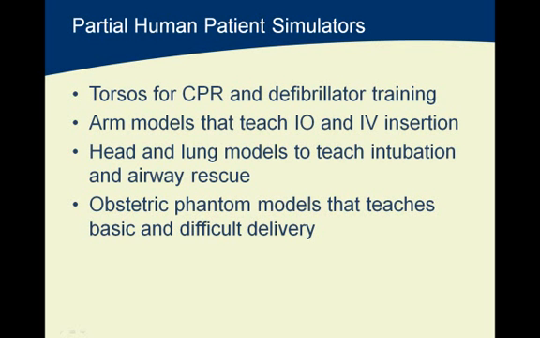So just briefly, some of the partial human patient simulators and the high fidelity mannequins that we have at CQUniversity. We have torsos and mannequins which are used for CPR, defibrillation and transcutaneous pacing. They also have arm and leg models that teach intraosseous and intravenous access, which is inserting needles into the bone and into the veins, as well as intramuscular injections. We have head and lung models to teach intubation and airway rescue techniques, and obstetric phantom models that teach basic